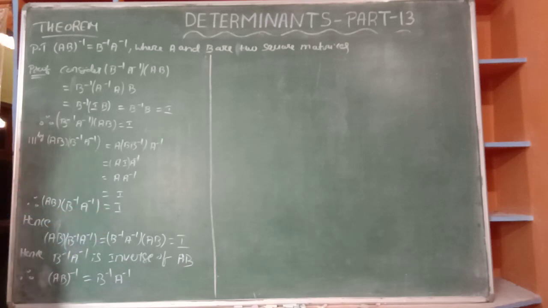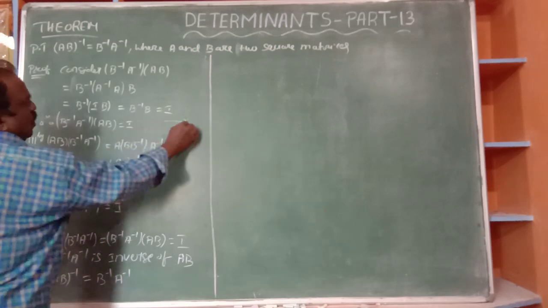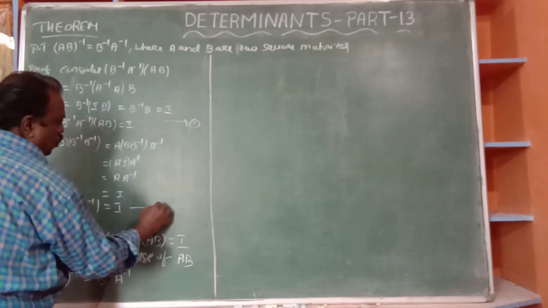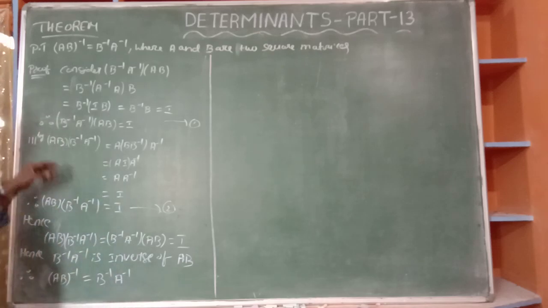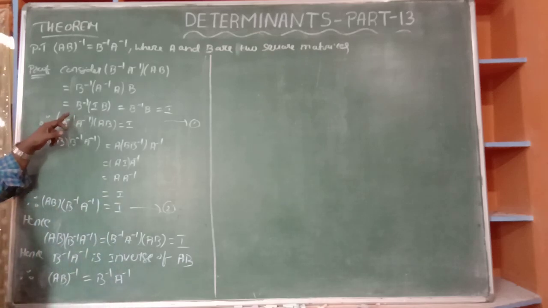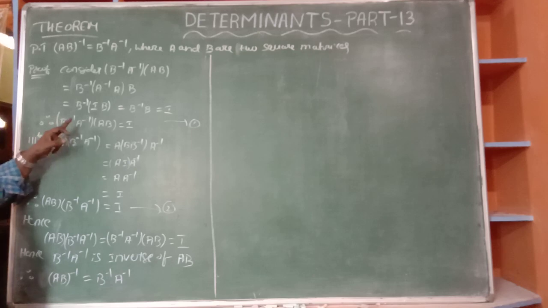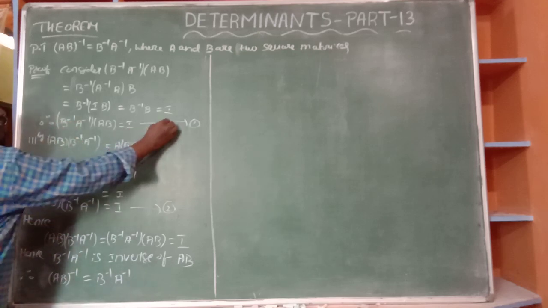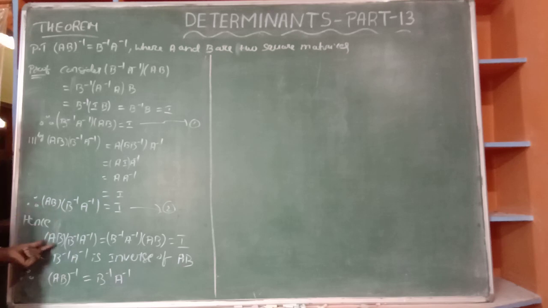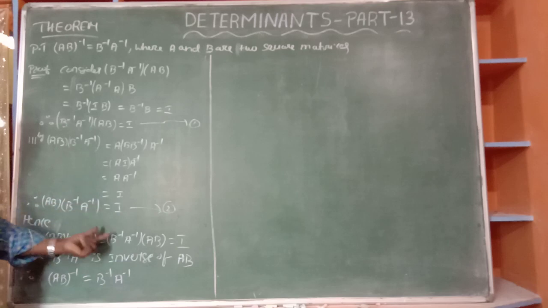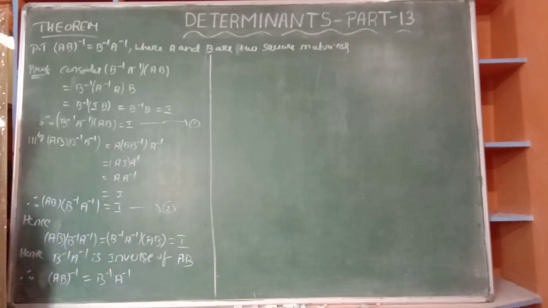By using this as 1 and this as 2, from 1 and 2 the answer is I, the same. So here it is B inverse A inverse into AB, or take this one, whatever it may be. This is the second part, and this is the first part I wrote, and I is equal to I. Same. Okay then, that means